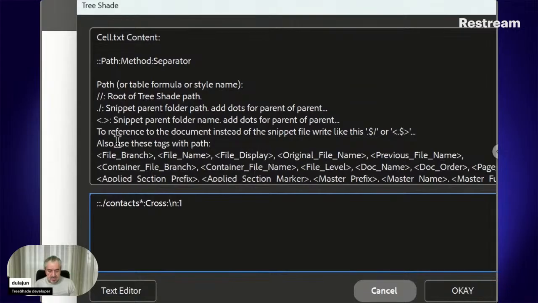So let's write 1, then colon again, then the columns separator, comma, then colon, and finally you can write the column index, or you can write the column head. It's up to you. So if we write here email,